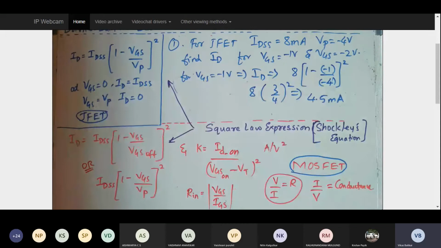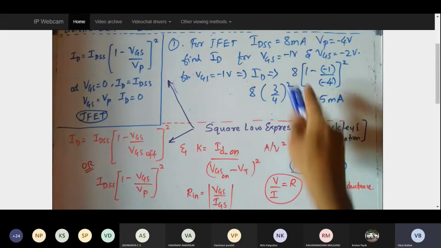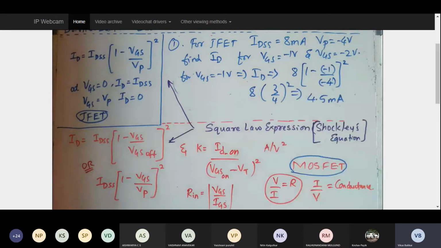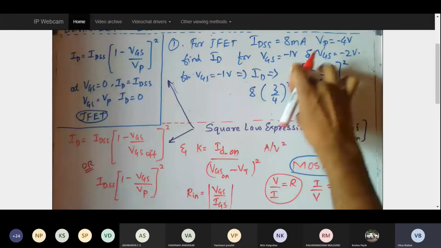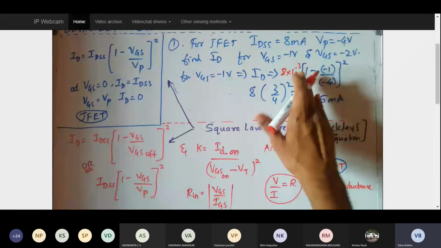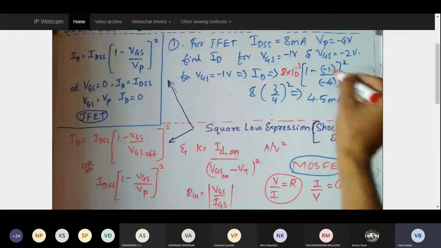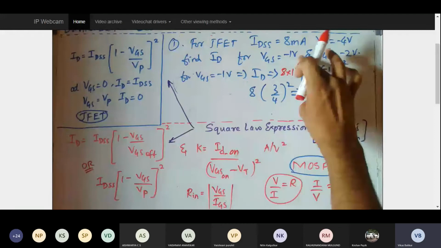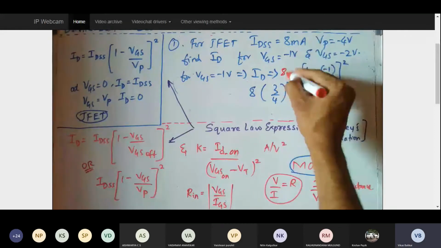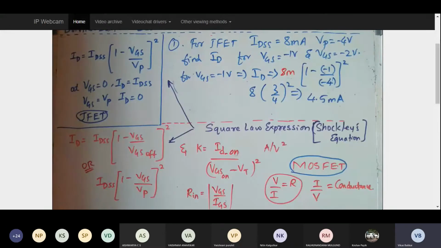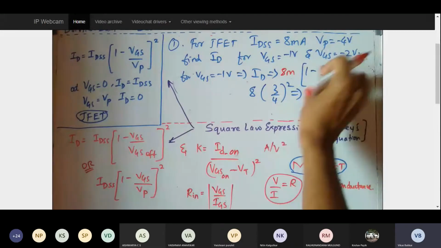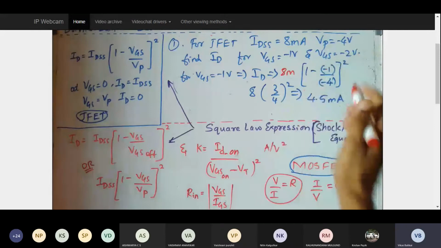So while solving the expression, do not get confused by placing this particular 8 this way. If you write 8 into 10 raised to minus 3 and then multiply, the chances that you will be going wrong will be more. So better you just try to avoid that, or you can just write 8 milli. It is understood that the current is 8 milli, so this particular term will get one constant value that is multiplied by 8 milli, and the final answer will be in terms of milliampere only.